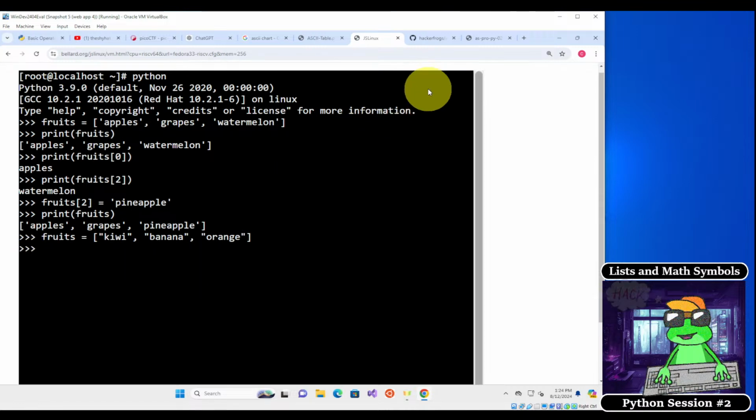Okay. All right, they say that they are. And then you want to create your fruits list. You can create it just like mine over here. I don't think you can copy and paste, but let's see, I think I can grab this. Why don't you try using this inside of your JS Linux. Okay, so